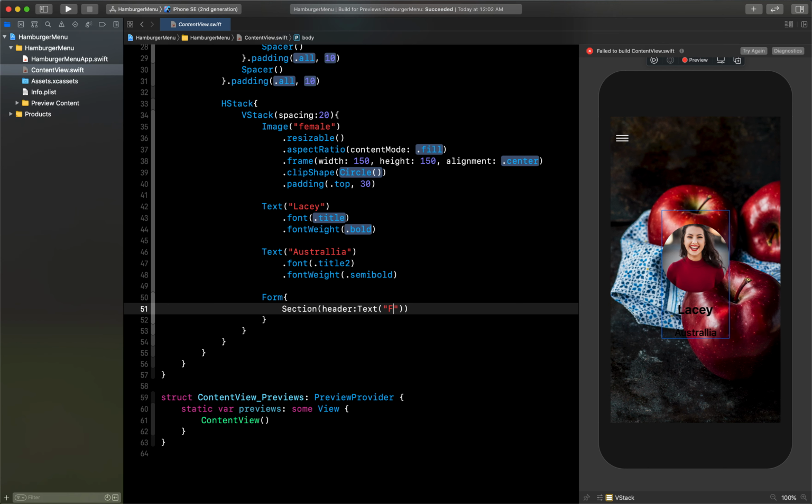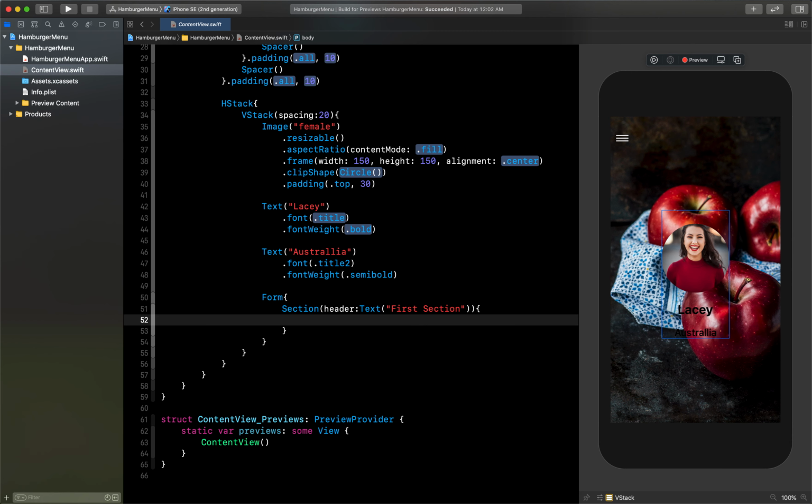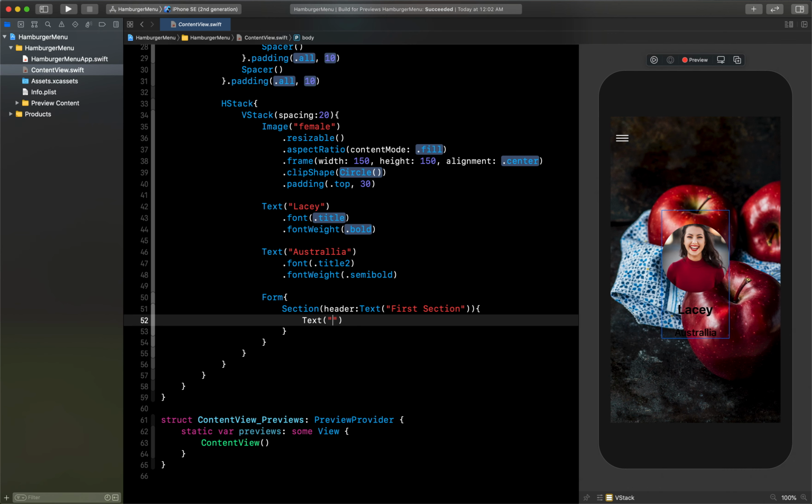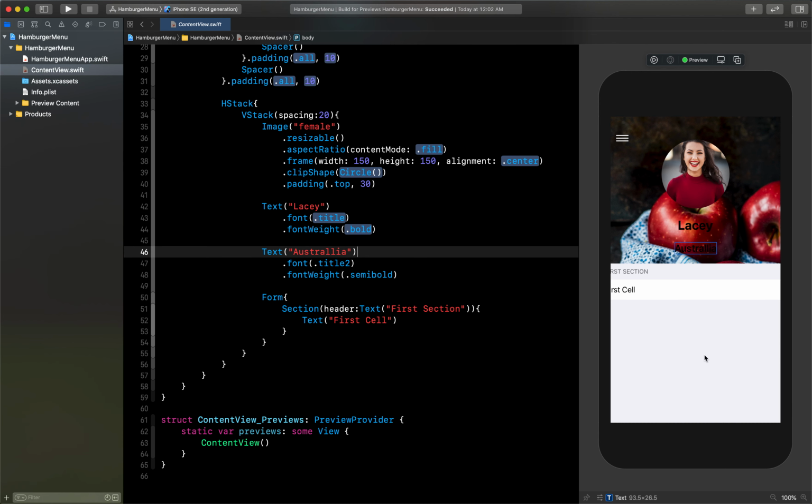So text will be like, by default we'll say first section, and outside this I will create this section, and inside this I'm just going to show one text like first cell. And you can see this form is showing here. We need to adjust this form, so we will do that later.